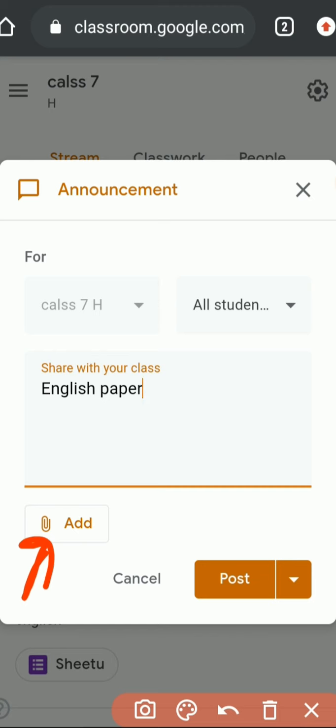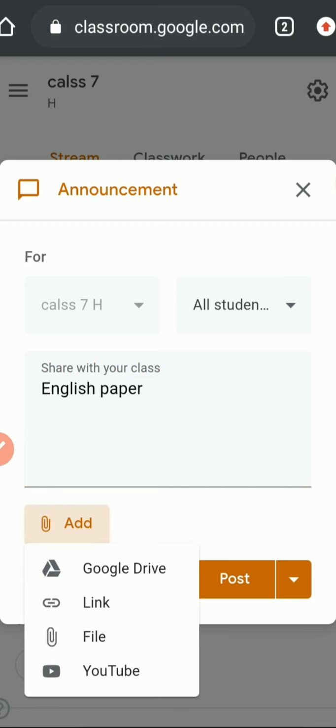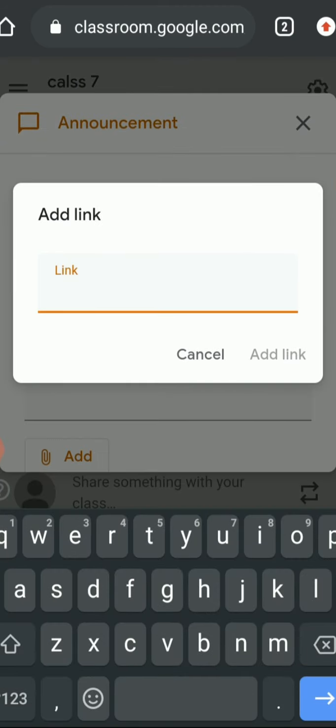Now you can see below it is written Add, so we will click on Add. When we click on Add, you can see there are 4 options given: Google Drive, Link, File, YouTube. So we will click on Link. Now it appears like this, and the link that we copied in my last video, you will paste here.